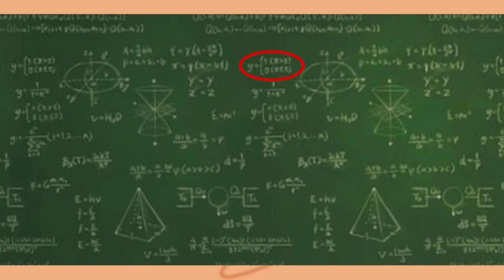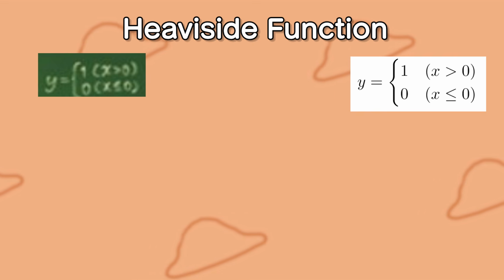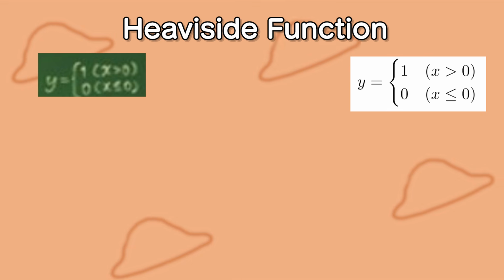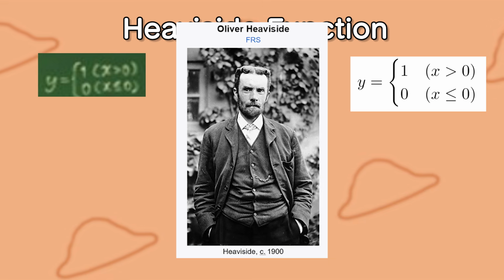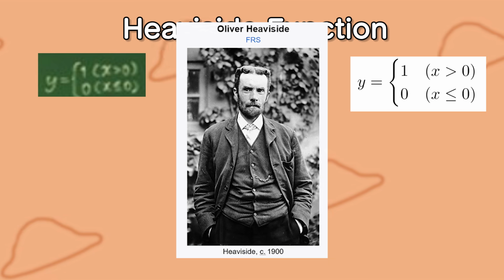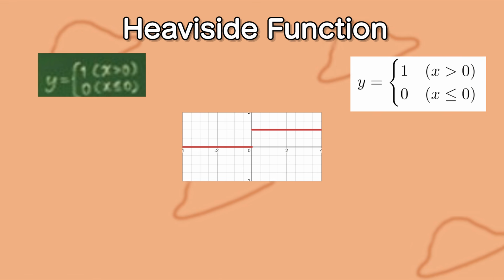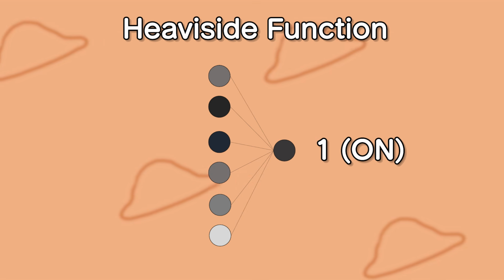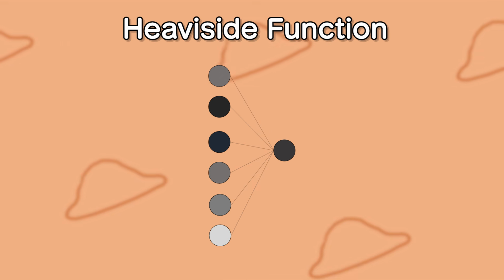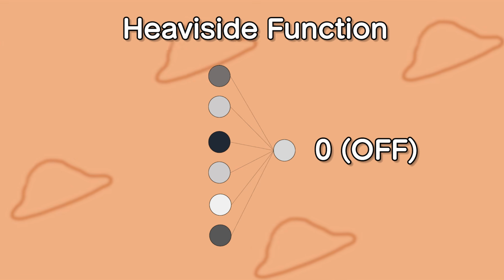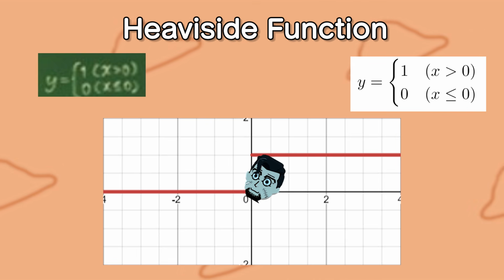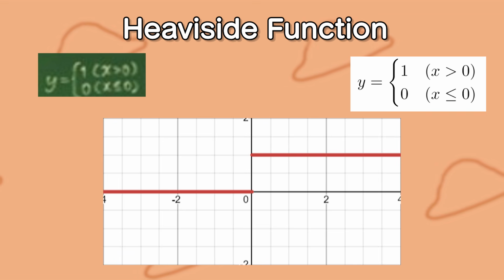We first have the Heaviside function, which is 0 for negative values and 1 for positive values. This function is named after a guy, but it's a pretty apt name as it's heavier on one side. This function models an object, like a neuron in a neural network, that is on for a certain range of inputs and off otherwise. This transition from 0 to 1 can be pretty jarring, and in real life things are much smoother,